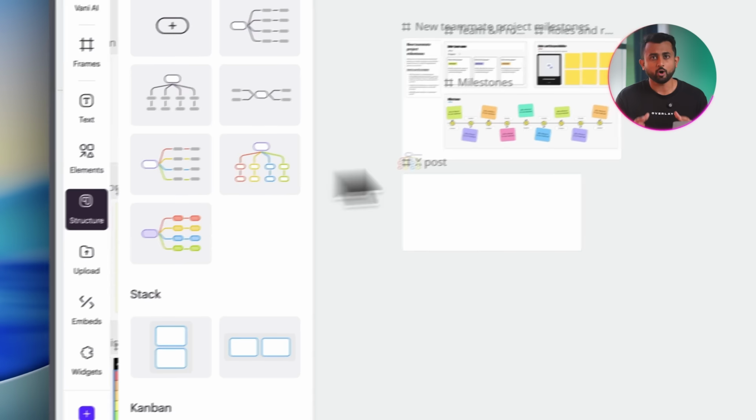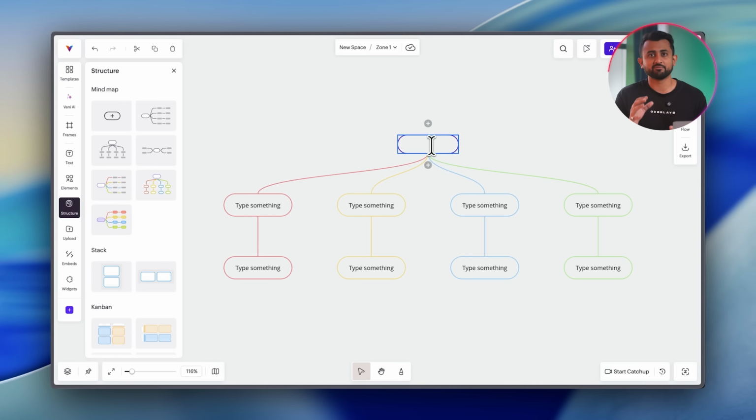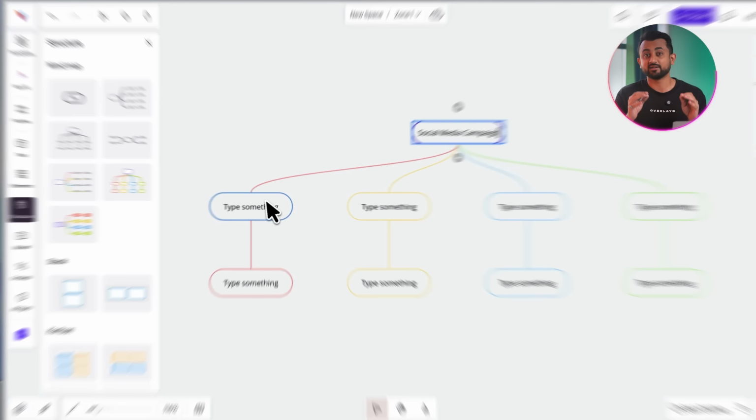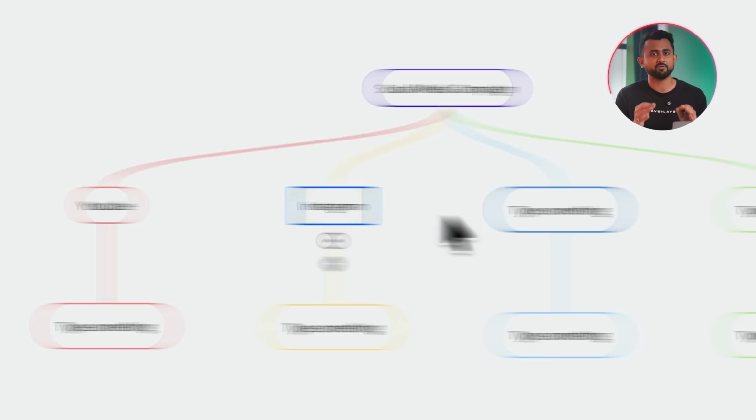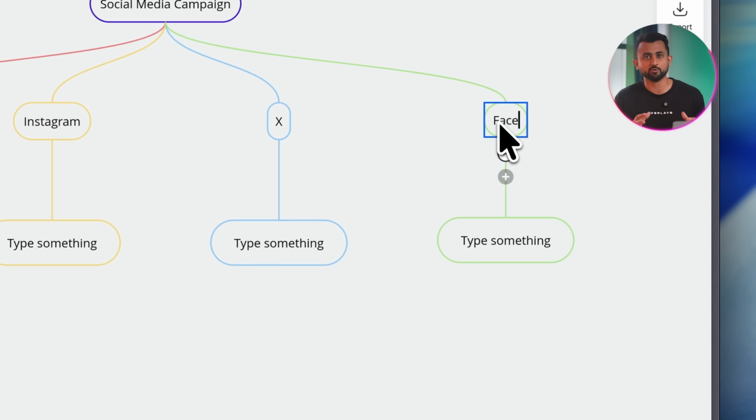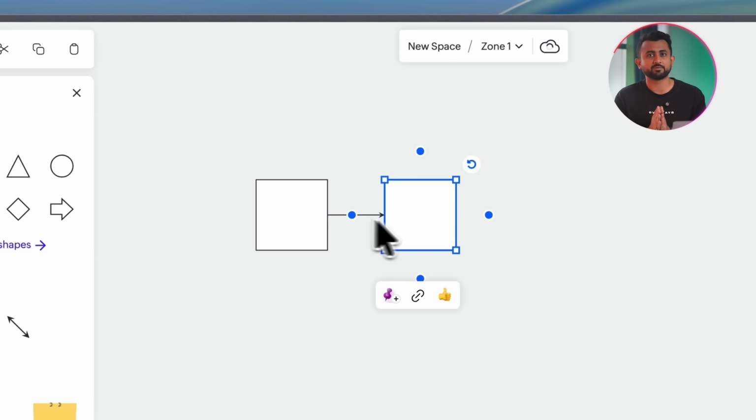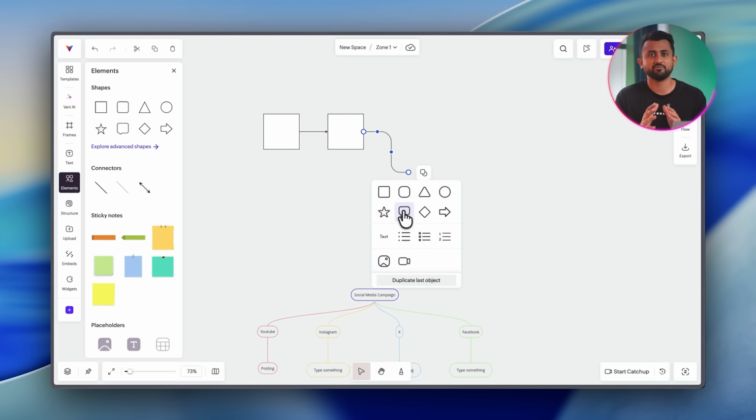Now this is where Vani really stands out as a visual collaboration platform. Need to untangle a complex idea? Drop a mind map right on the canvas. Start with a central thought, branch it out, and suddenly a messy brainstorm becomes something everyone can follow. And for processes and workflows, flowcharts are just as intuitive. Drag in shapes, connect them, and the logic becomes instantly clear to the whole team without a single back and